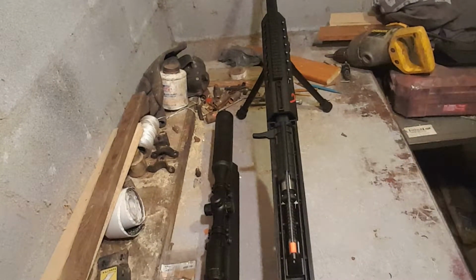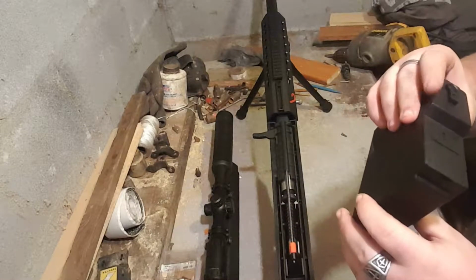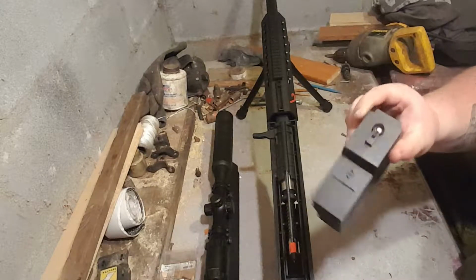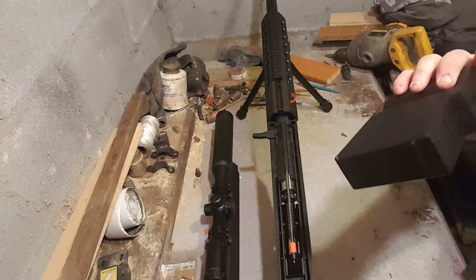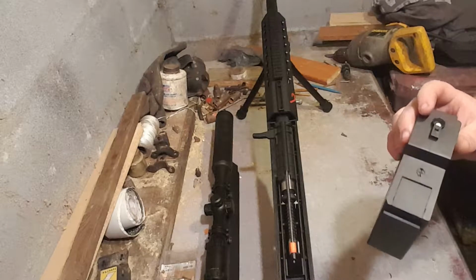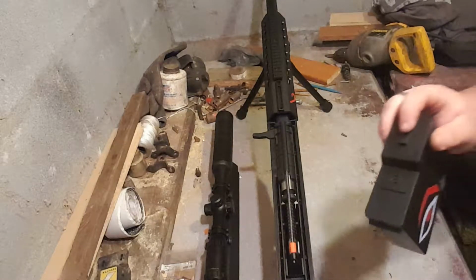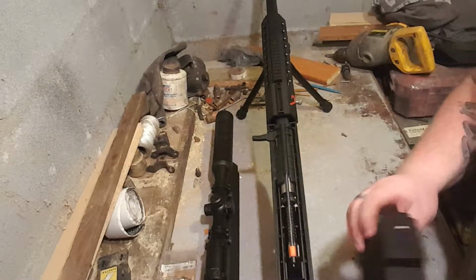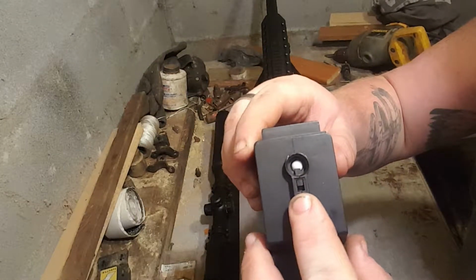But one thing about this magazine that I hear a bunch of people say is that you can't load more than like 15 or 20 BBs in it before it starts to shoot them back out of the end. And the only thing I could say to that is they are probably keeping the magazine in the rifle while they let it sit. And that's not good, because there's a little spring right there,